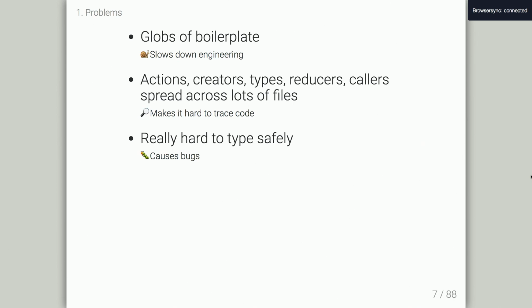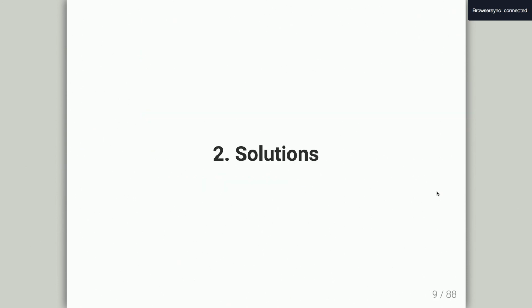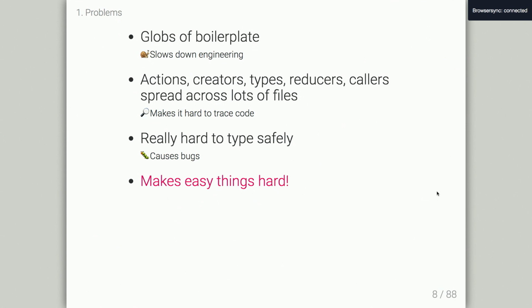But if you are using a type system and you're using something like Redux, it's very hard to type safely. I'm sure everyone that raised their hand has noticed that if you have a type, you have to type 5 different places. You don't just have one thing typed and then it flows from there. You can't really use the type system to your advantage. You have to type it separately, so a lot of times you end up with objects or any's, something like that. So I think overall it makes easy things hard. Because really, fundamentally, what is the state in JavaScript? It's like a hash map, right? Fundamentally, the state is just a key value store, and it's in memory. It doesn't even persist. We don't have all the stuff that real databases have. Why is it so complicated?